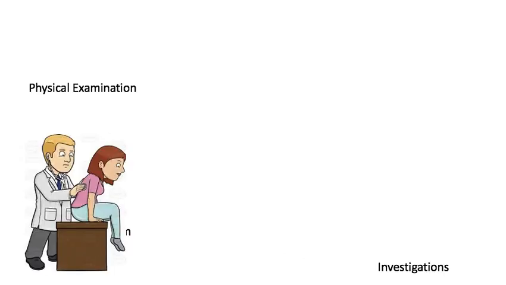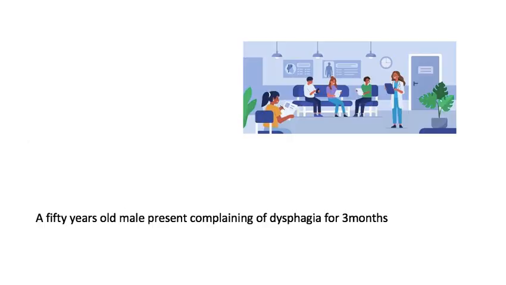Then at the end, by this stage, with a good history, it is possible to clinch the diagnosis. So this person we are presenting today, a middle age gentleman, 3 months dysphagia, it was progressive, and he was feeling it in the lower part of the chest. Initially his appetite was preserved, but now he has some loss of appetite and loss of weight, and he didn't have any history of corrosive ingestion. So here we thought it's likely to be a CA